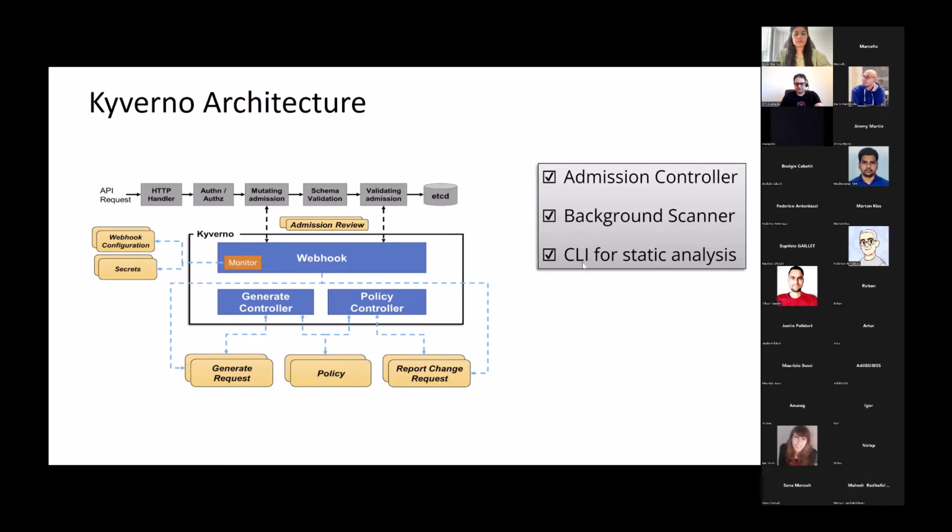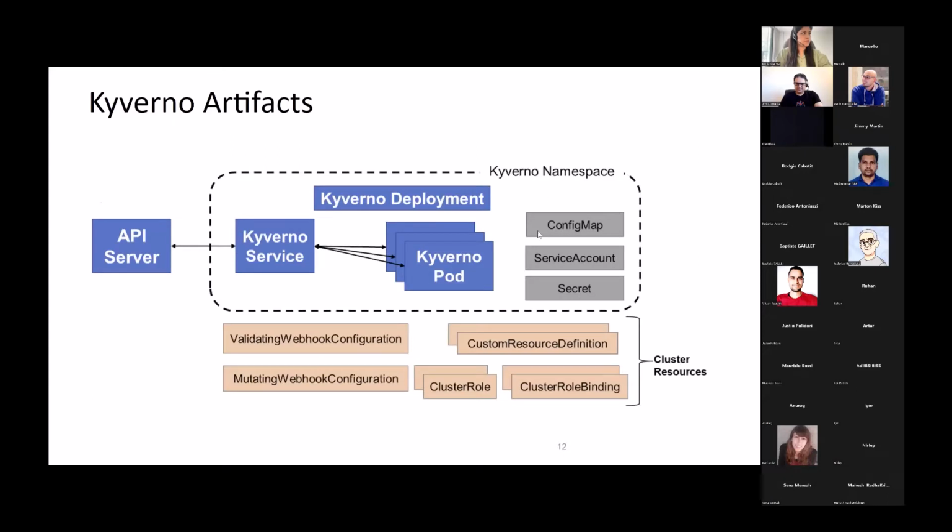So lots of flexibility through the CLI in terms of how you want to check. So that's probably one of the easiest ways to get started. Download the CLI and just scan your cluster, like for pod security and other policies. I won't go into details here, but this is a bunch of stuff that Kyverno will install in